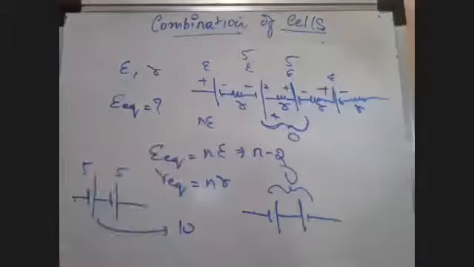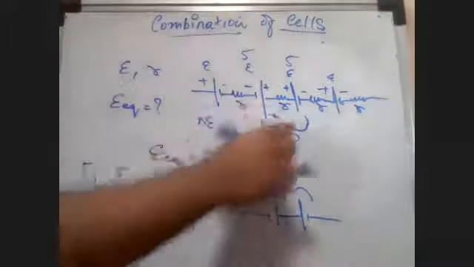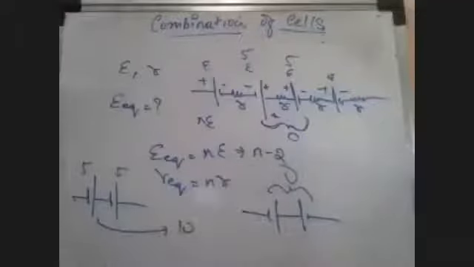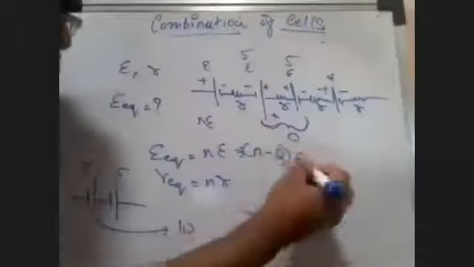Sir, but in the example which you showed in which the voltage came to be 0, there were only 2 resistors. But here one more resistor is also there. No, wait. Forget the resistor. I'm only talking about the potential here now. Don't confuse like that. So you can see both the potentials are cancelling off each other. So out of n number of cells, 2 cells are being neutralized. So I write n minus 2 times epsilon. Is that clear?